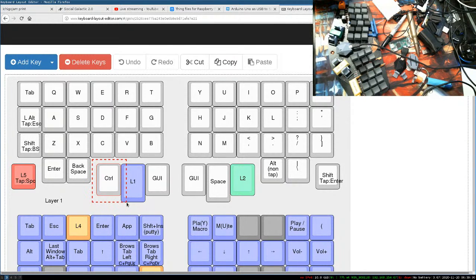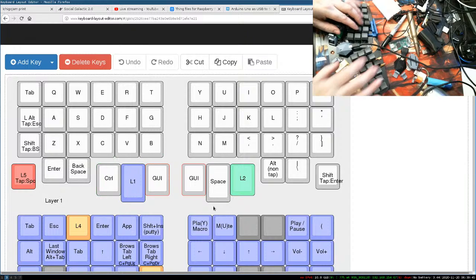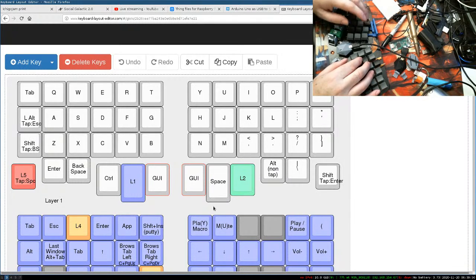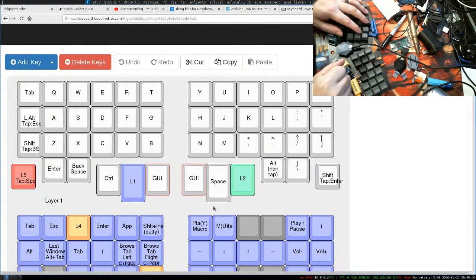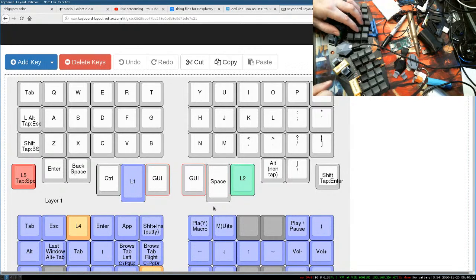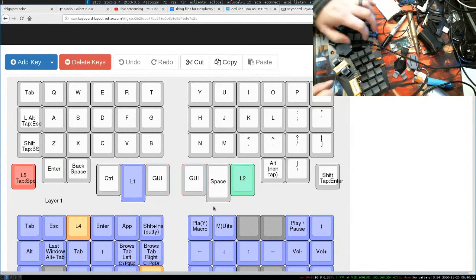And you might get more use out of Alt than Control. Whichever one you use more should be in this position, right next to your thumb. You might see this apparent redundancy here. Well, it is a redundancy, but the point is to have GUI on both sides of the keyboard, so that when you hit a key over here, you GUI with this hand. So you combine opposite hands to create that shortcut, rather than using the same hand and stretching extra muscles in